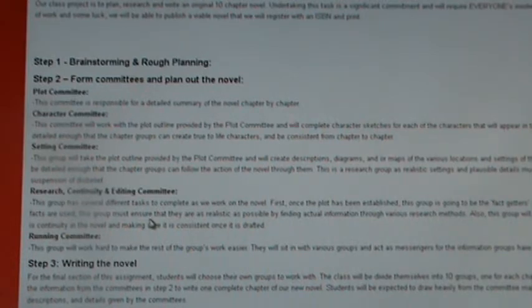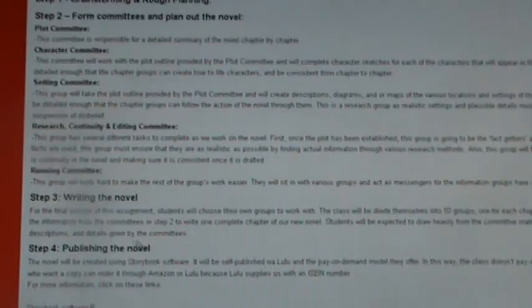All right, the third step then is actually writing the novel. So then you would break up into smaller groups of 2 or 3, and each group would be in charge of one of the chapters. And to keep things easy, I've decided we're going to write a 10-chapter novel. So there'd be 10 groups